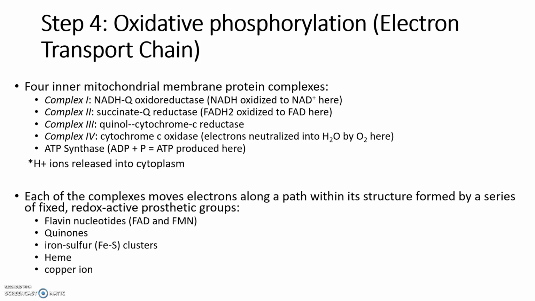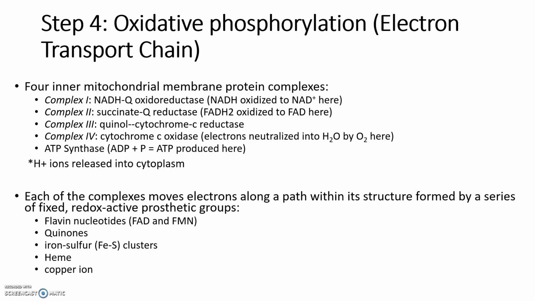In complex 1, NADH is going to be oxidized to NAD+. In complex 2, FADH2 is going to be oxidized to FAD. And in complex 4, electrons are going to be neutralized into water by oxygen. And then in a final chamber, not a part of one of the complexes, but a separate one at the end, is called ATP synthase. At that point, ADP is going to combine with a phosphate to produce ATP,